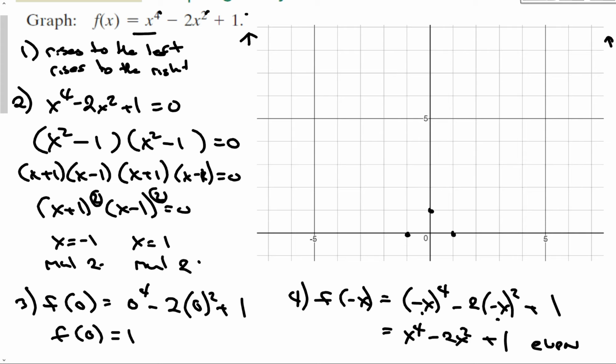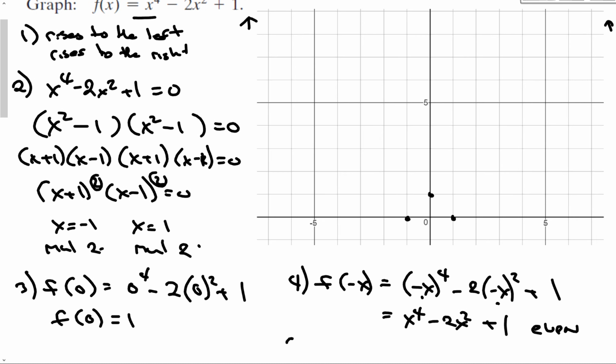Okay? And I know that it's going to turn, step 5, it's going to turn 3 times at most. And if I look at this, 1, 2, 3. Okay, so I know it's going to turn 3 times. I know it's going to be symmetric. So maybe I want just one more data point to help me. And so let's plug in 2. So let's find